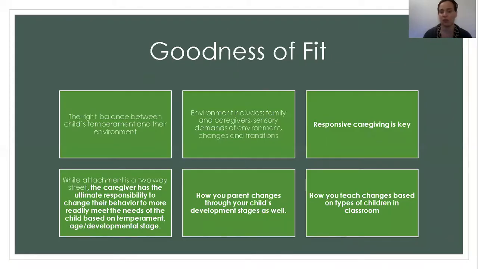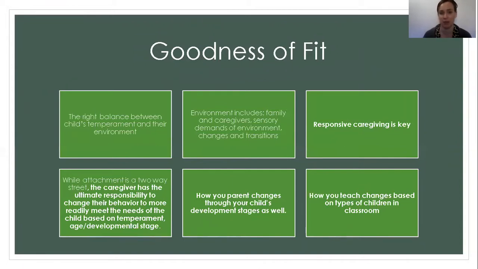We want to find a really good match between the child's temperament and their environment. And really, for our infants and toddlers, we're their environment. We're their families, their teachers, their caregivers, and then the sensory parts of their environment, when you hear, what you taste, what you smell, what you feel, is kind of sensory, using your 5 senses. And so that's all around us. So that can set off children that are maybe feisty,